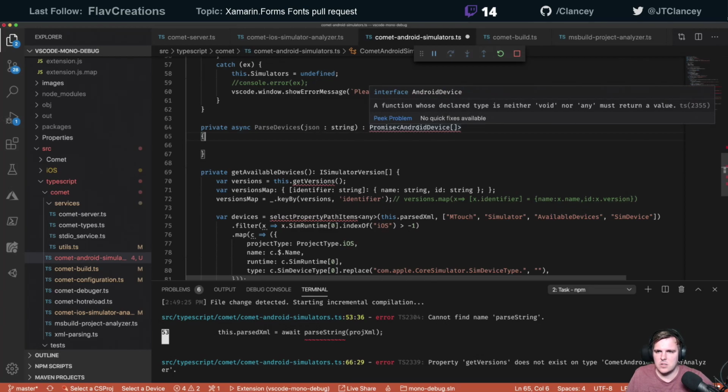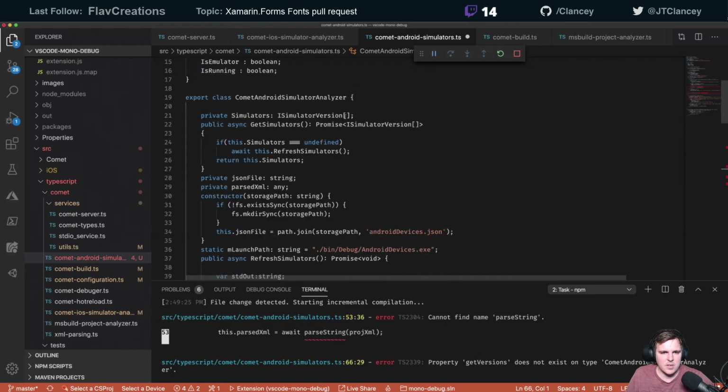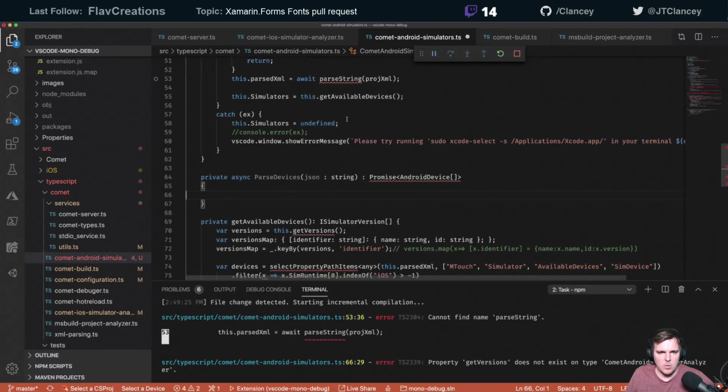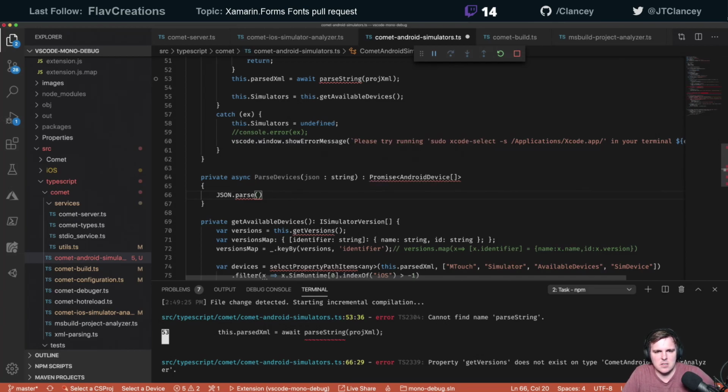Okay, functions whose declared type. Oh, is it because it's not returning it? I didn't finish it? Yeah, that's all it is. All right, so what we will do is JSON.parse, and the text will just be JSON,